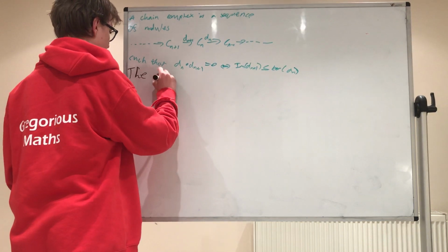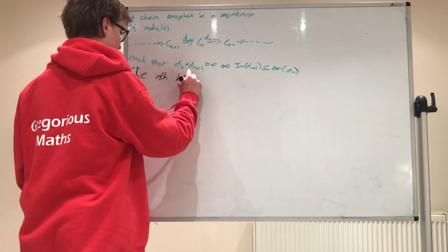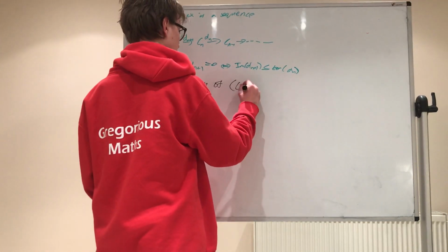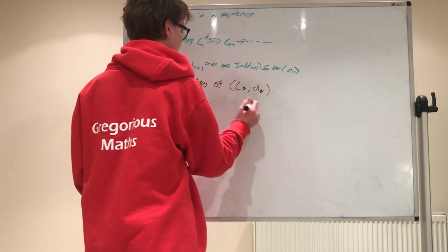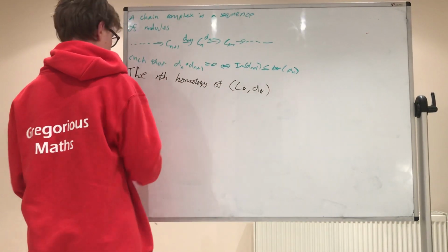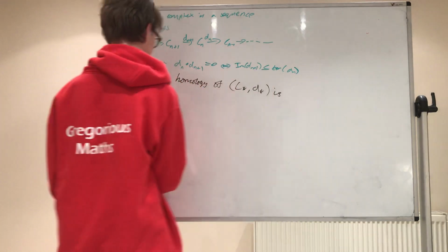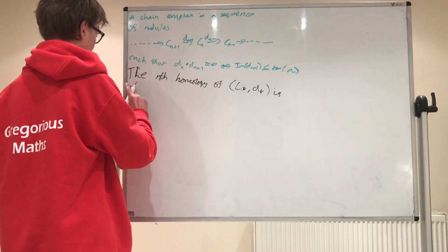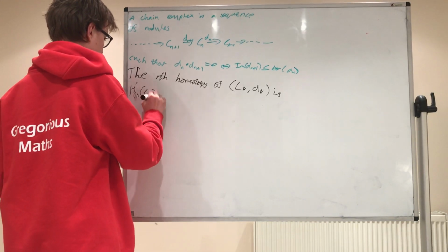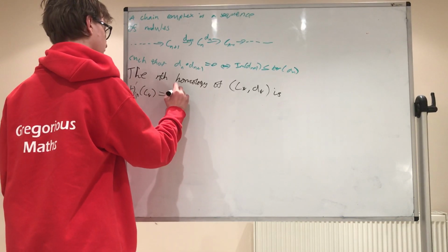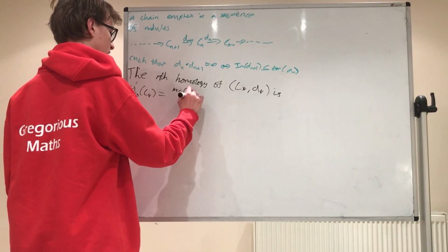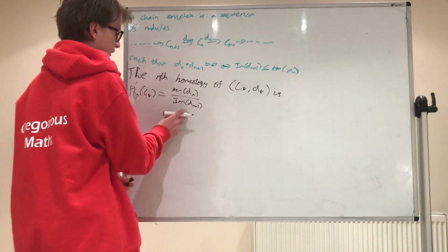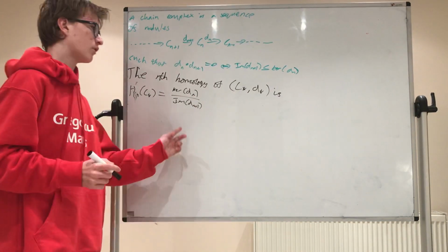The nth homology of this chain complex, which we can denote like this, Hn of the complex, is equal to the kernel of dn mod the image. So clearly when this is trivial, that means that the image is equal to the kernel and it's exact at